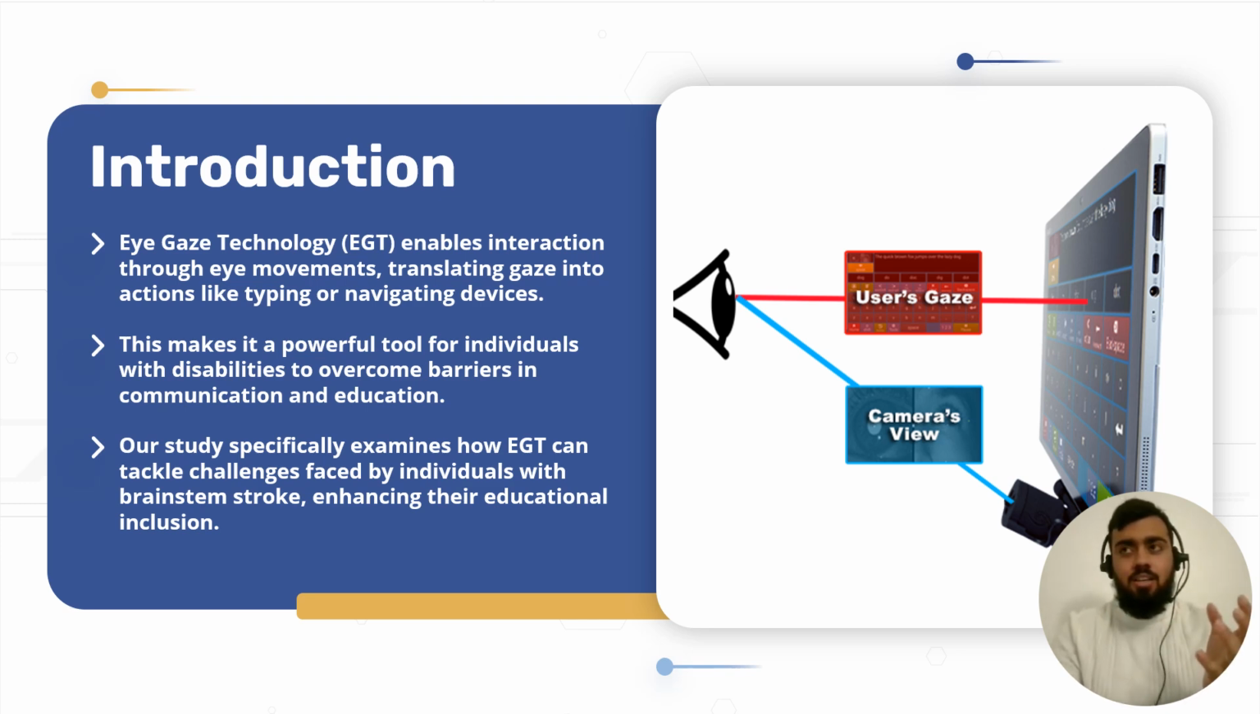In general, your hands move 360 degrees, and at the same time your eyes also move 360 degrees. So eye gaze technology can enable interaction through eye movement, and you can use it for actions like typing or navigating devices. It's a very powerful tool for individuals with disabilities, and we can use this tool to overcome barriers in communication and